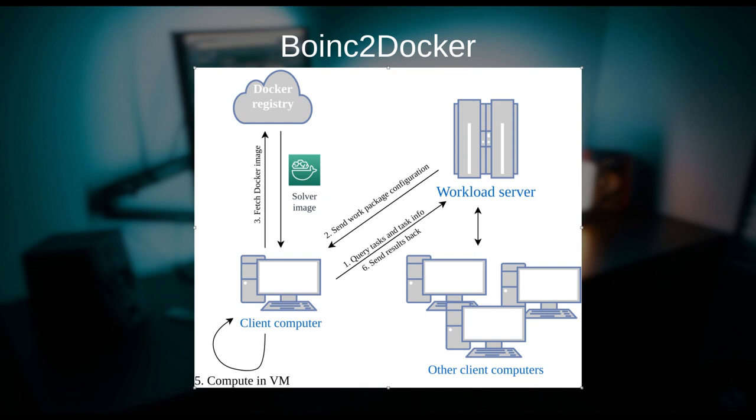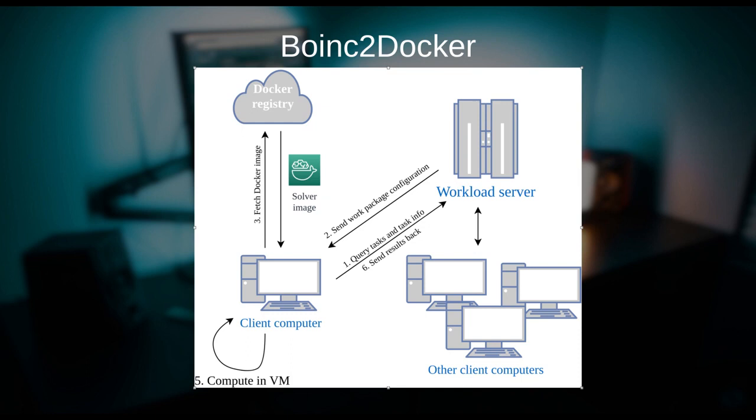BOINC to Docker includes a docker-compose.yaml configuration file that sets up a BOINC server for you with minimal effort, and a helper script that allows you to create a task based on any public Docker image, such as the one we created in the previous part, distribute it to any number of clients, and instruct them to run a specific command within that